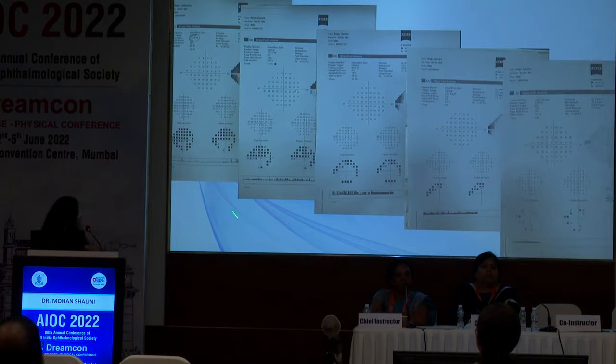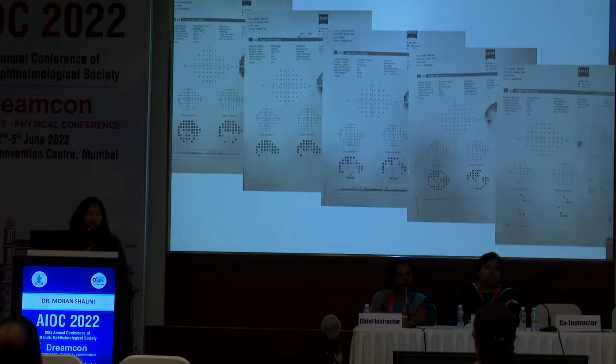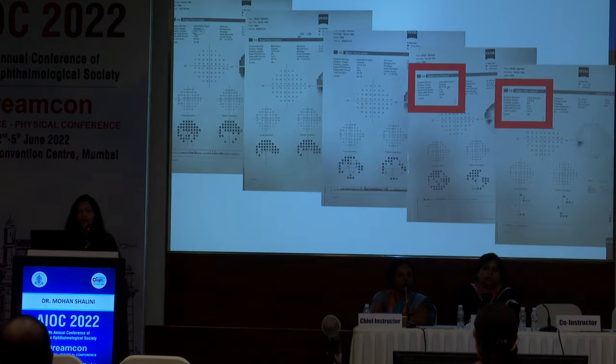So it is not that the patient's visual fields are improving. If you see the first one and the last one, look how good they are looking. It is not that they were improving, but that there were so many losses, fixation losses you can see everywhere except in the last field. So it is not that the patient was improving, but actually the patient was learning. Because visual field is a difficult test to perform. Even when we are performing it, it is not very easy to capture each and every light that we are seeing. So it is a difficult test, and that is why many a time the patient needs to be explained.